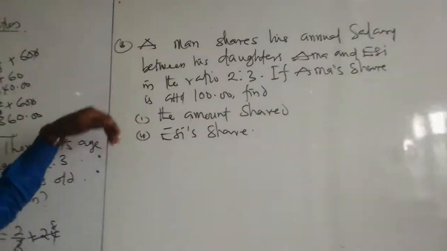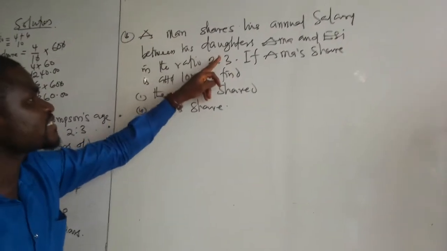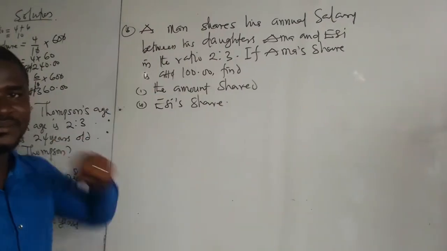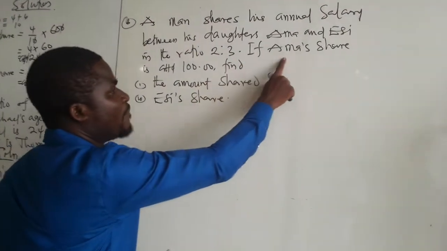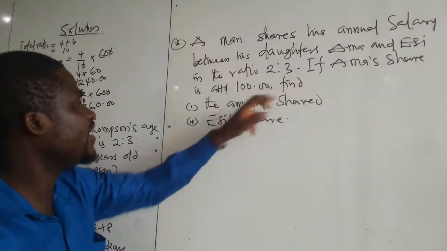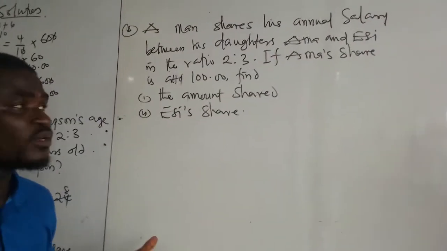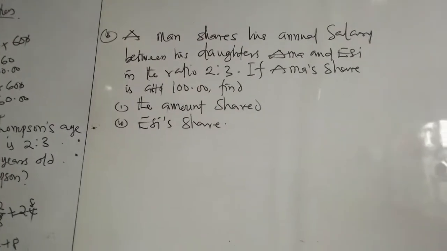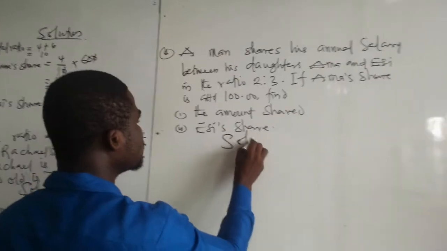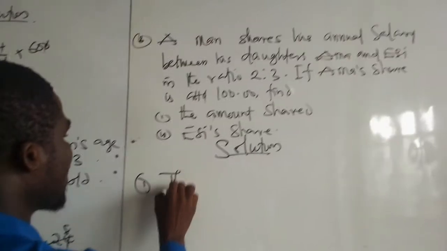The third question says, a man shares his annual salary between his daughters, Amber and Essie, in a ratio 2:3. If Amber's share is 100 Ghana cedis, find the amount shared. The amount shared, we don't know. But we know Amber's share. So, to find the amount shared,